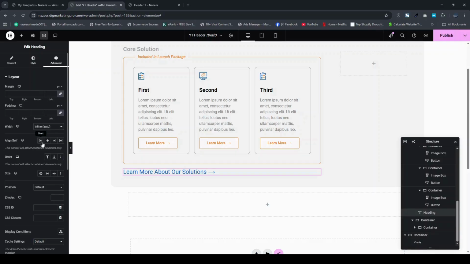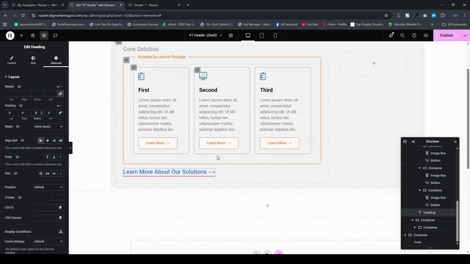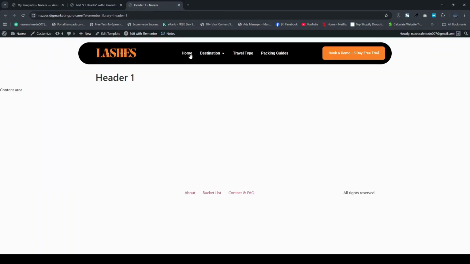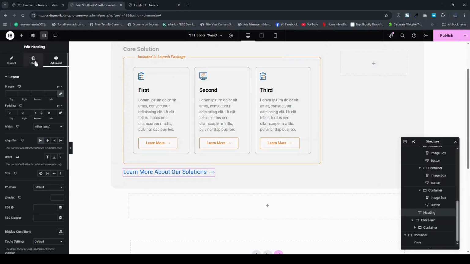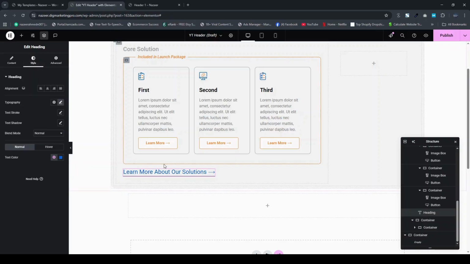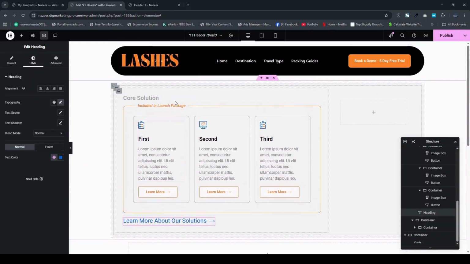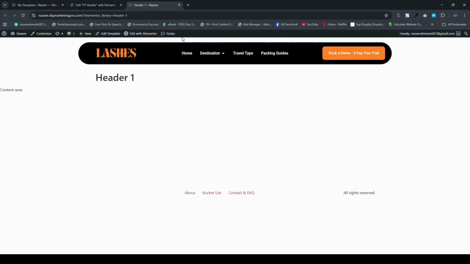and I will go to this section here, and I will make the inline this section start, make it inline and align self start, and then give it a padding from bottom. Let me just give it, I think 5 is okay. So here you can see, here and here same as it is. Let me just go to the style tab, same as it is. Okay, so this section is now clear,